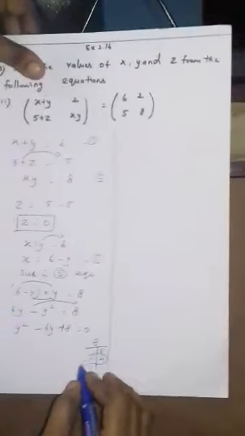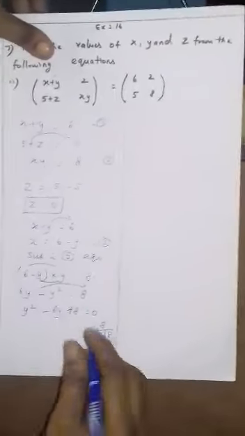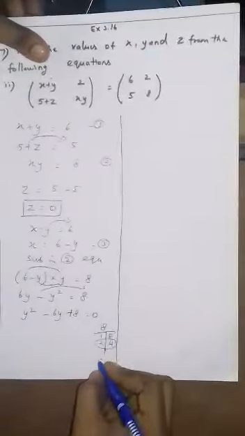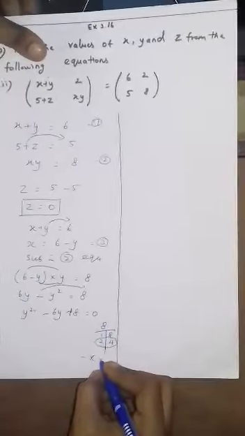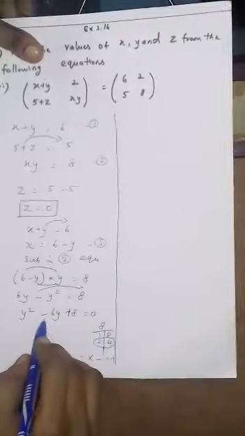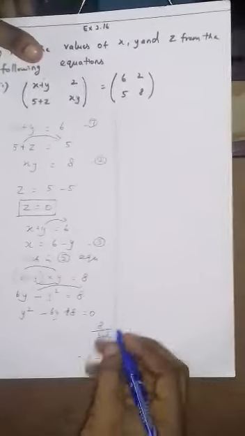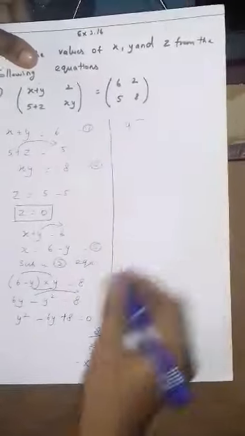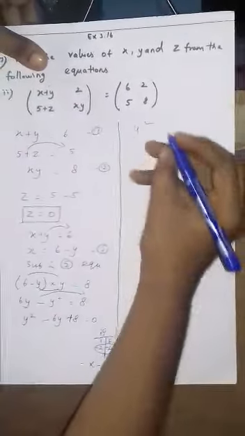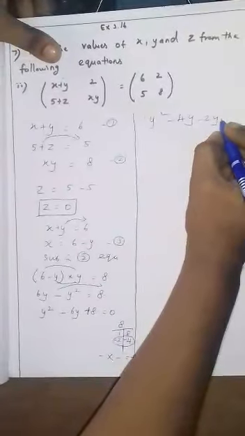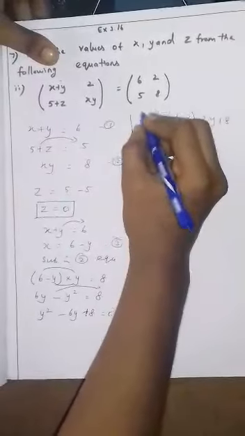Already you learned the product and addition rule. The addition rule means that for like signs, you add the terms and write the same sign. For the product, minus into minus equal to plus only. So the product of the terms is plus and the middle term is minus, so both terms are minus, minus. So y square, the middle term minus 6y is split into minus 4y, then minus 2y, plus 8.